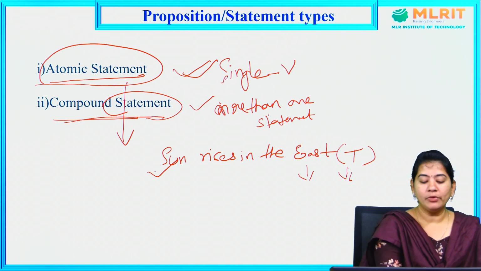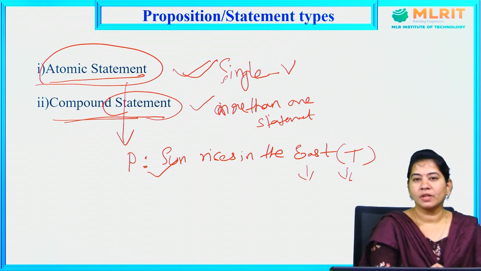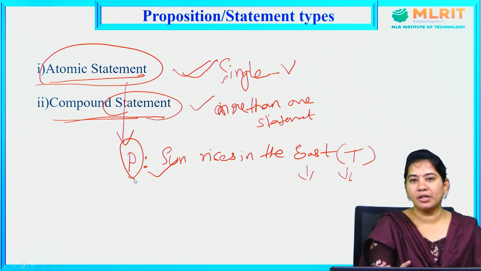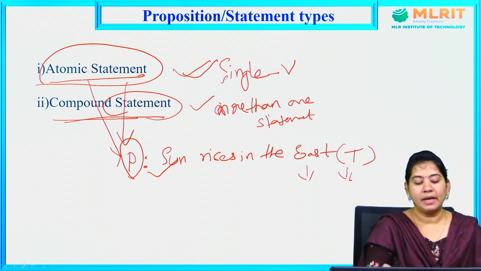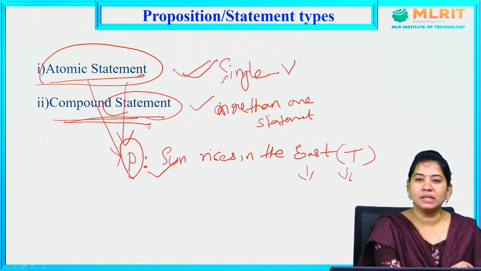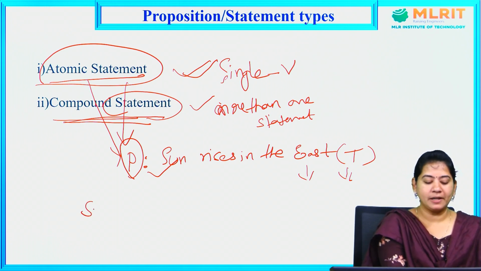Now, how can you represent the statement with a variable? Let us suppose I am denoting it with P. So P is the statement: sun rises in the east. As we are representing it with only a single statement variable, this is called an atomic statement. And coming to the next one, compound statement. A compound statement combines two or more statements using a connective. Here, the same example, sun rises in the east,